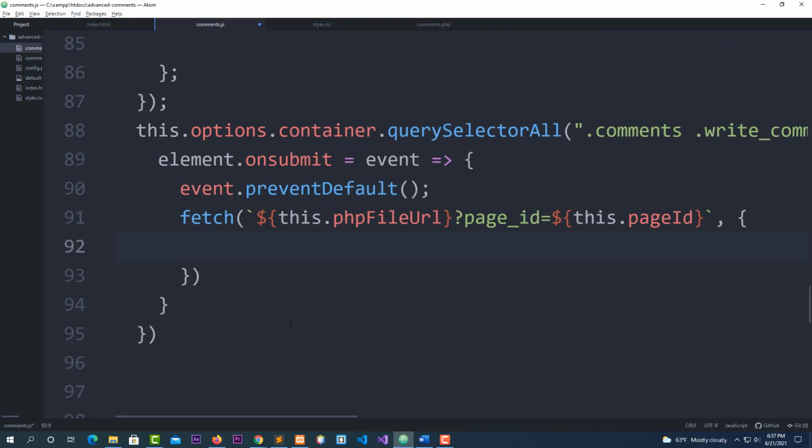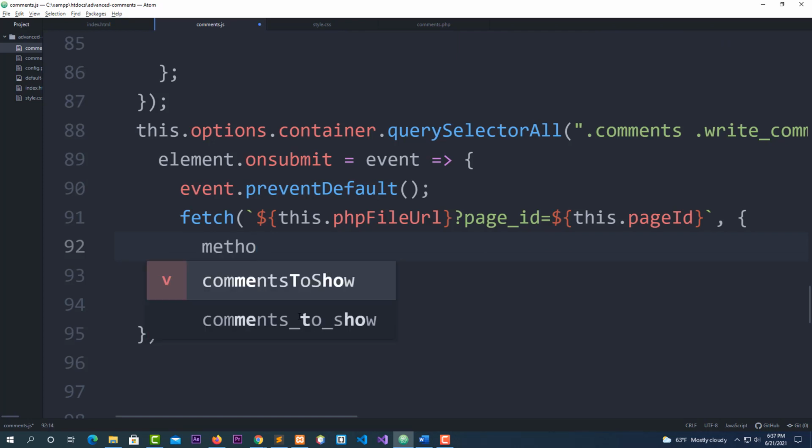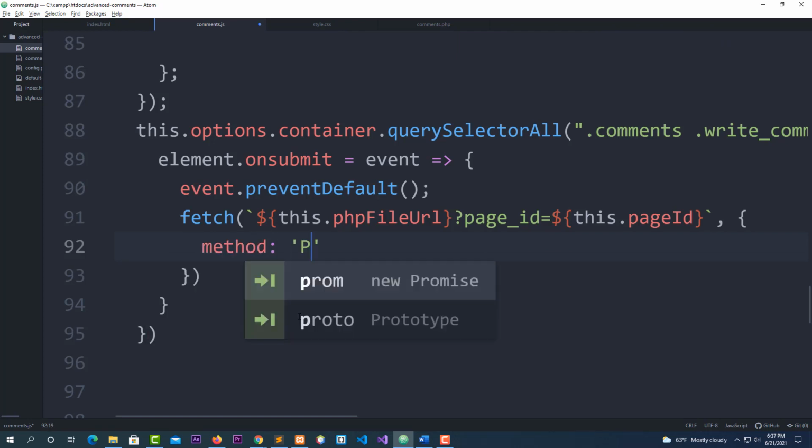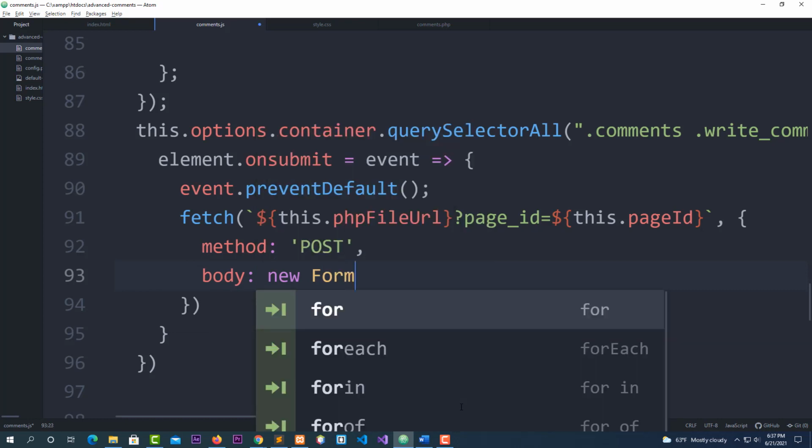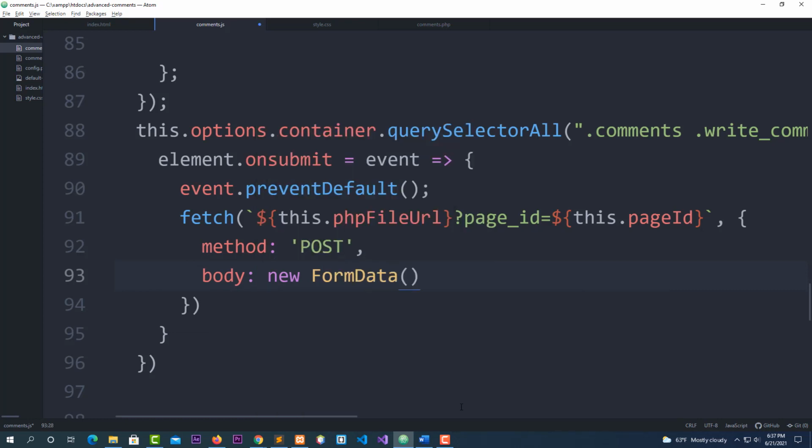Okay. Now, I'm going to say method single quote post, and go here, put a comma, go to the next line. I'm going to say body new form data parentheses element, okay, and go to the next line. Bring this up for me. This is closed, and put now here after, follow me, after element here,